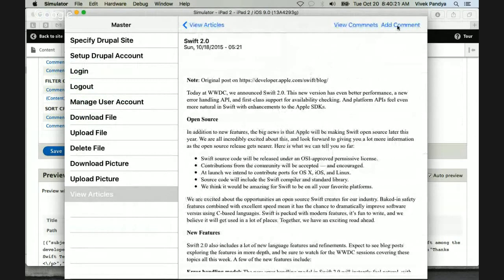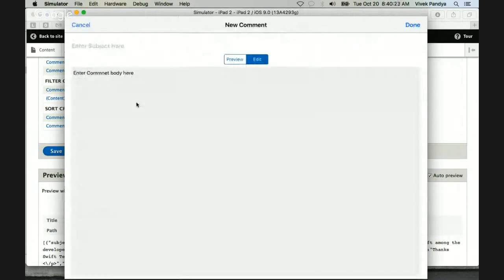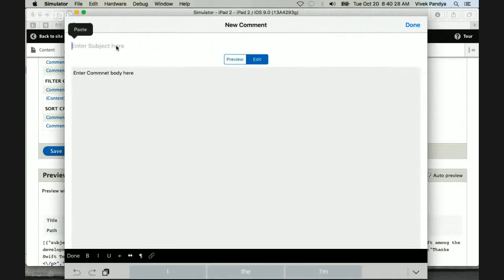And similarly, we can actually make a post request on the comment entity and add a comment to that specific node. So we can here specify some comment title, and here we have implemented some keyboard accessories to help you write the HTML markup. So like hello world,